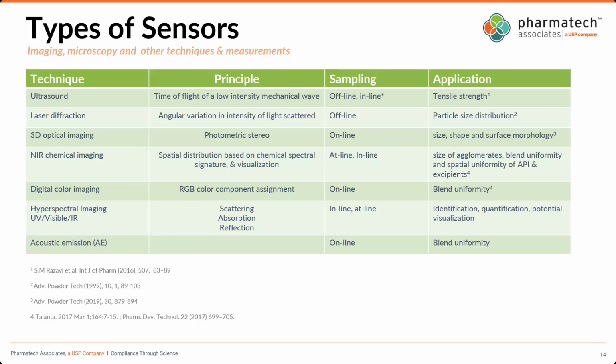I think these have evolved to address some of the challenges the industry is facing, either to increase the spatial resolution or increase the sensitivity, especially with hyperspectral imaging, you can do identification and quantification in a high throughput manner. So we are seeing more traction in researching these technologies, and I would like to mention this is not an exhaustive list, but again, the adoption or researching these different sensors,